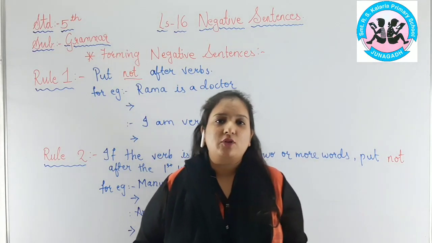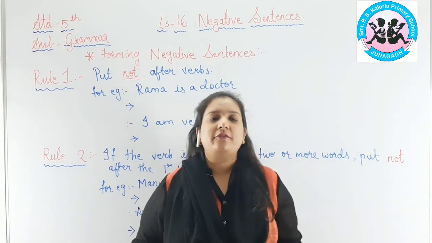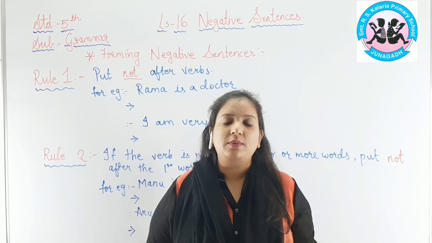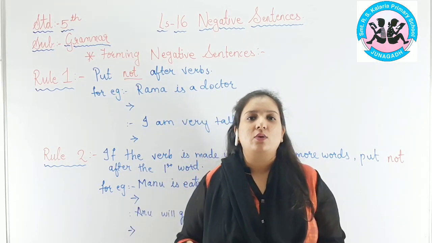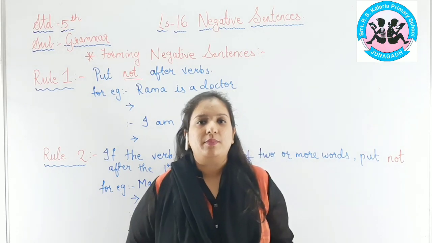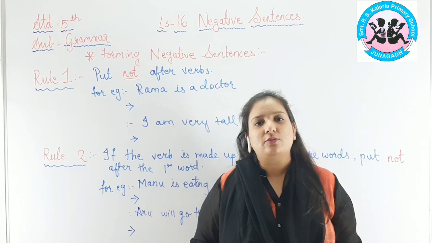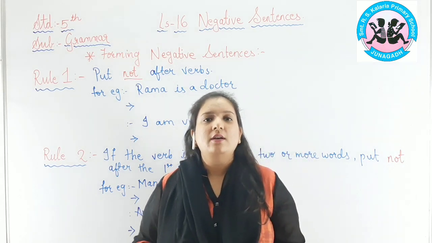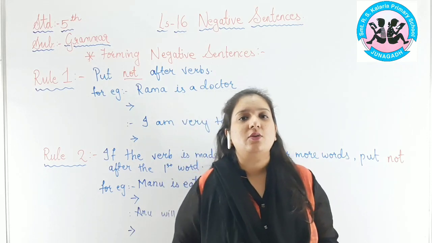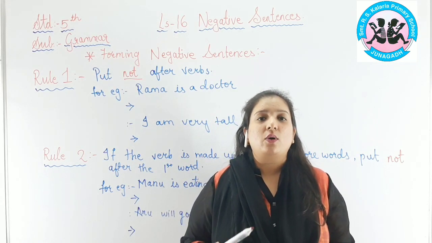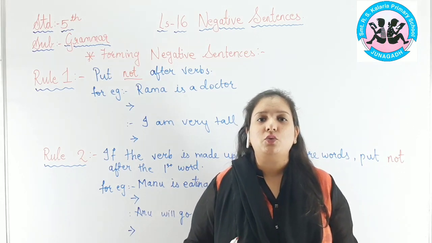Now, as I have taught you, there are two types of verbs, main verbs and helping verbs. If the sentence is carrying an action verb, then that will be the main verb, and automatically is, am, are, was, were will become the helping verb. But if there is no action verb in the sentence, then automatically is, am, are, was, were will become the main verb. So whenever you get a sentence, the first thing you have to identify is what is the verb in this sentence. Is there only one verb or are there two verbs?